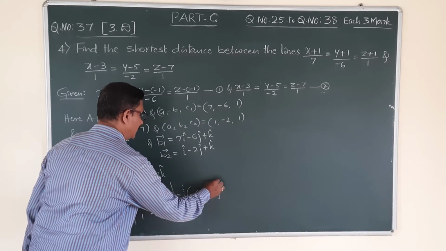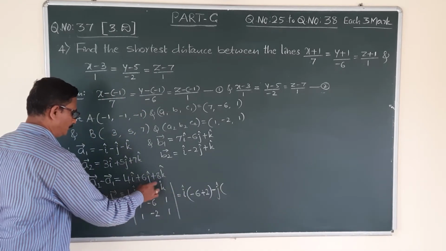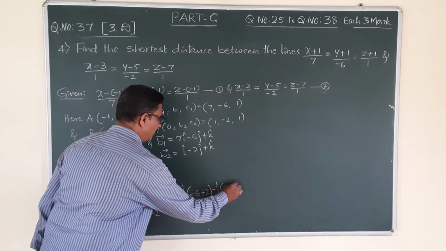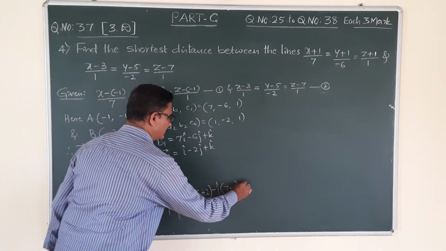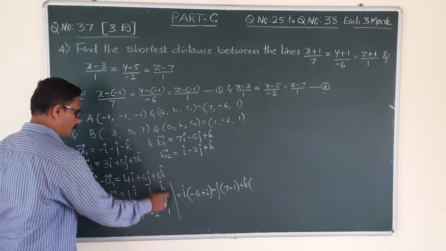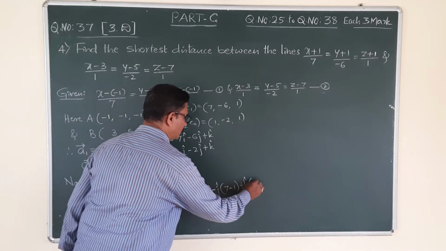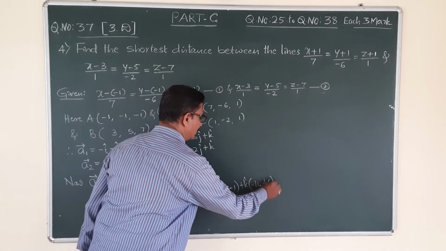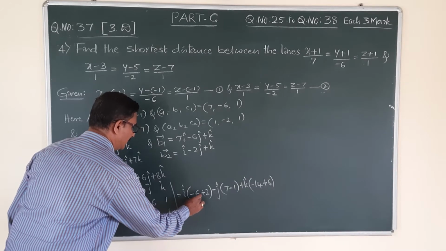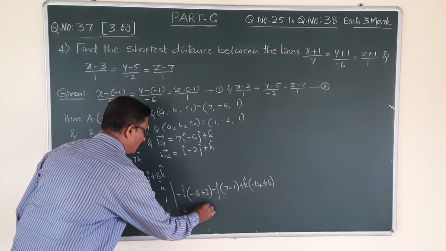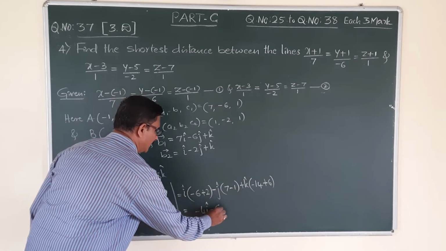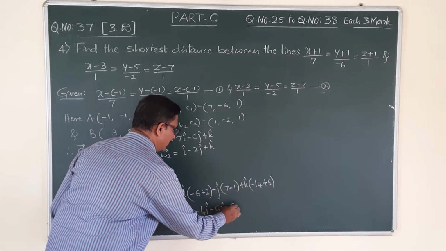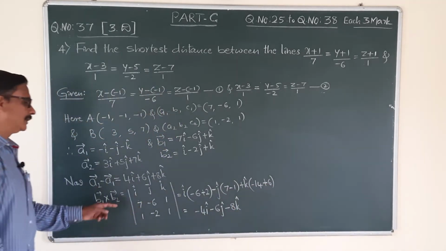Then minus j into, deleting first row, second column, 4 numbers, the difference of the cross multiply: 7 ones are 7, minus 1 into 1, 1. Plus k into, deleting first row, third column, 4 numbers: 7 into minus 2, minus 14, difference minus, 1 into minus 6, minus 6, minus into minus, plus 6. That is minus 6 plus 2, minus 4i. 7 minus 1, 6, minus into plus, minus 6j. Minus 14 plus 6, minus 8k. This is b1 cross b2.